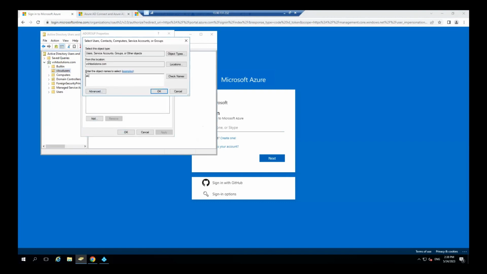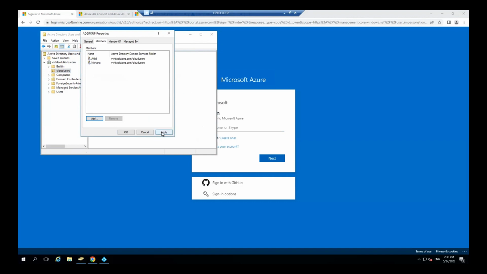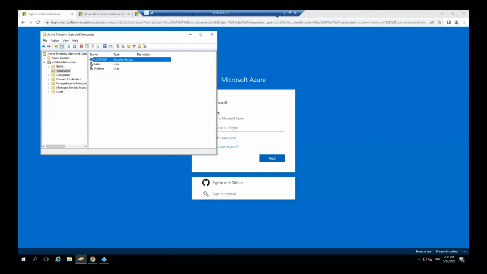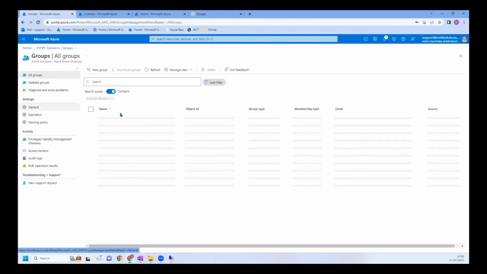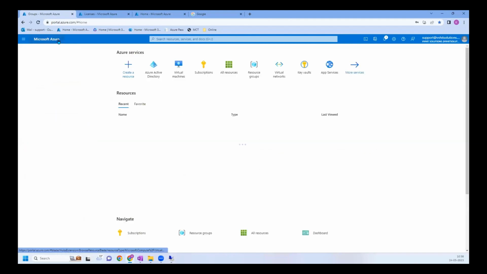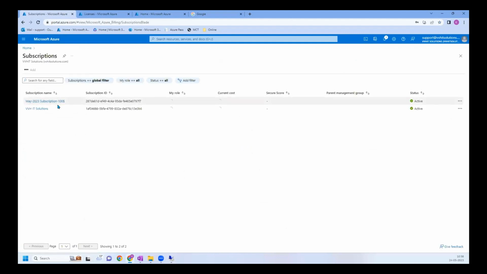Let's say add members, and like this, everybody has to be added as we are creating the new users. Once it is created, it will also be synchronized to the cloud. And once it's synchronized to the cloud, go to the group and give them access as a global administrator, and later go to subscription and